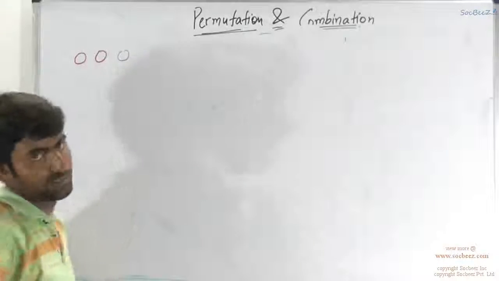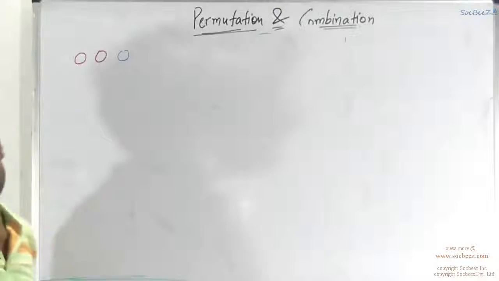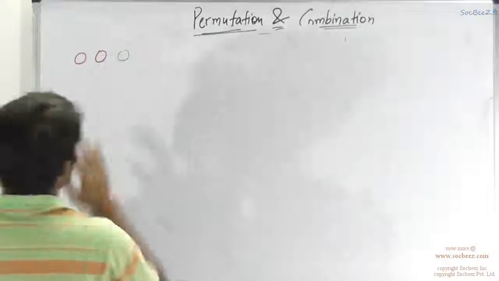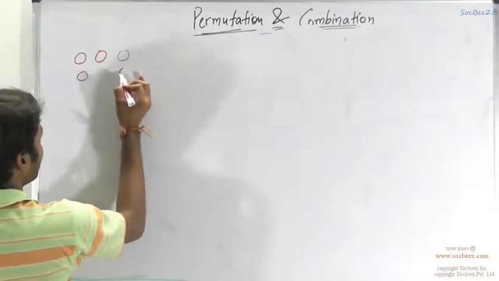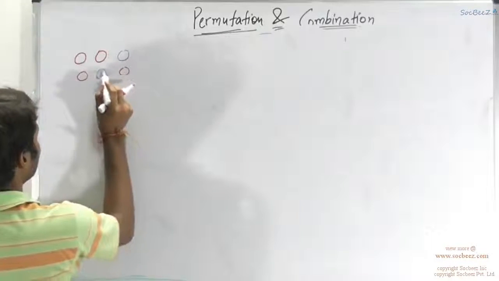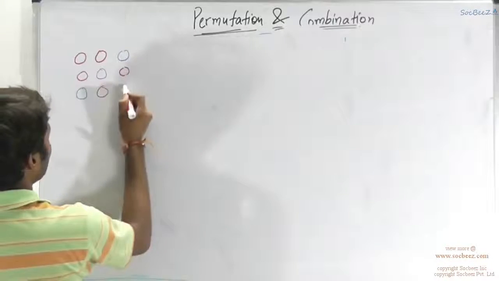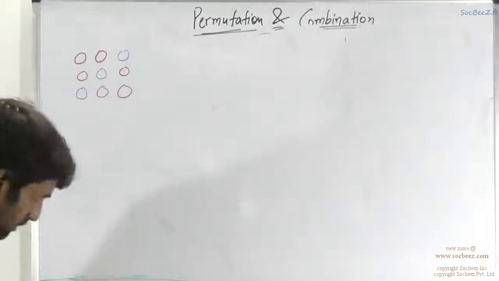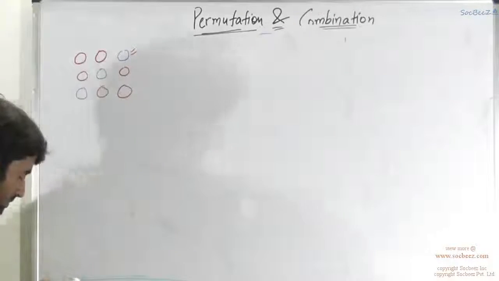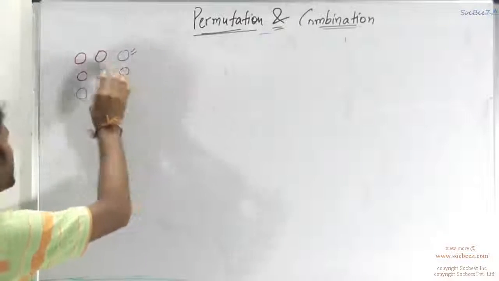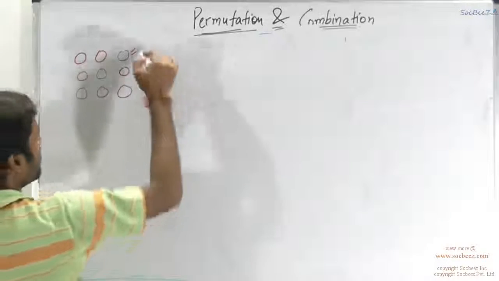You have to arrange these in a row, so that means you have to find the permutations of these. So what are the possibilities? Either you can have 1 red over here, 1 red over here, and 1 blue in between, or you could have the blue over here. To enumerate this, you have to choose the position for the blue one. It could be on the right extreme, or in the middle, or on the left. The other 2 positions would obviously be occupied by the red. So as you can see, these are the only 3 possibilities.